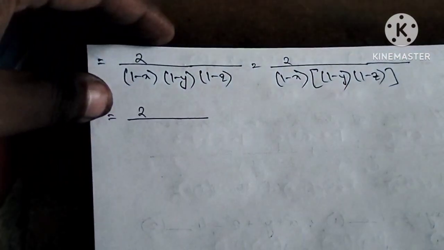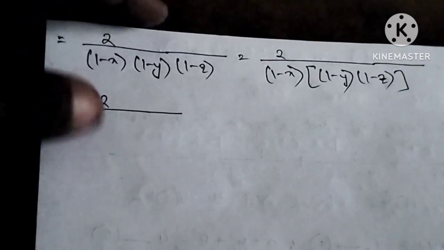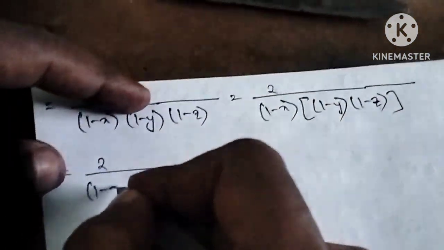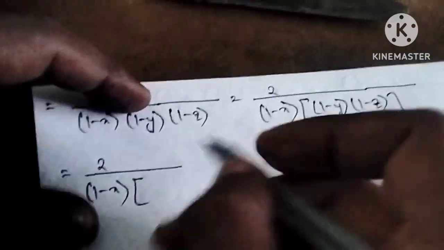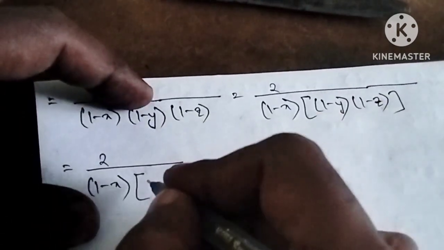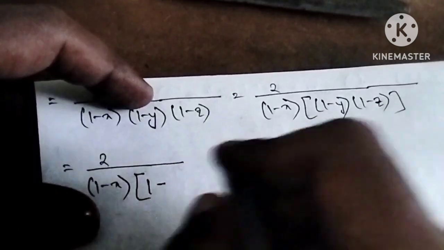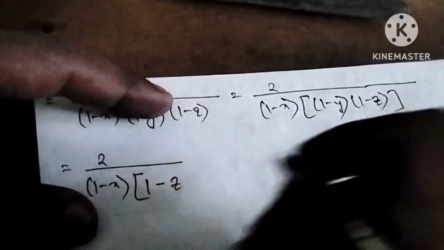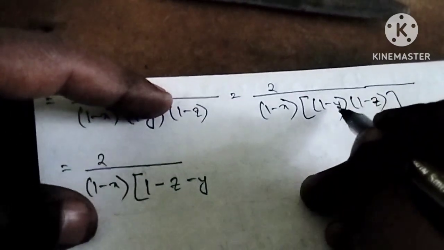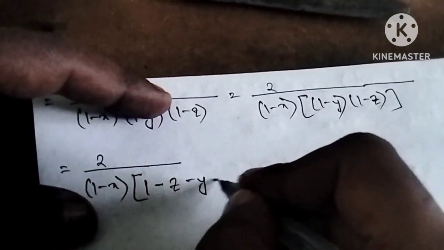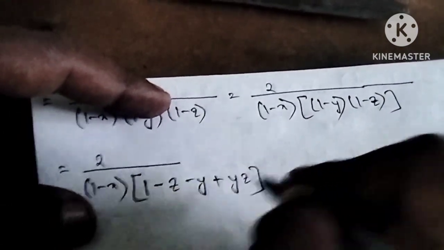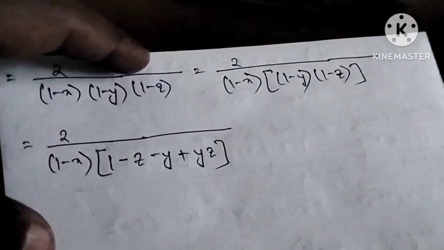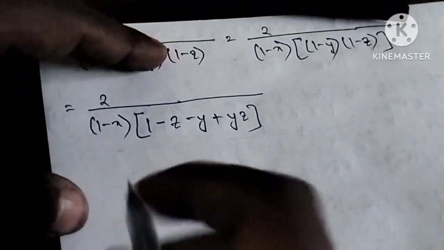2 by 1 minus x, 1 into 1 is 1, 1 into minus z is minus z, then minus y into 1 is minus y, then minus 1 into minus y into minus z is plus yz. Okay, clear? So now it will be